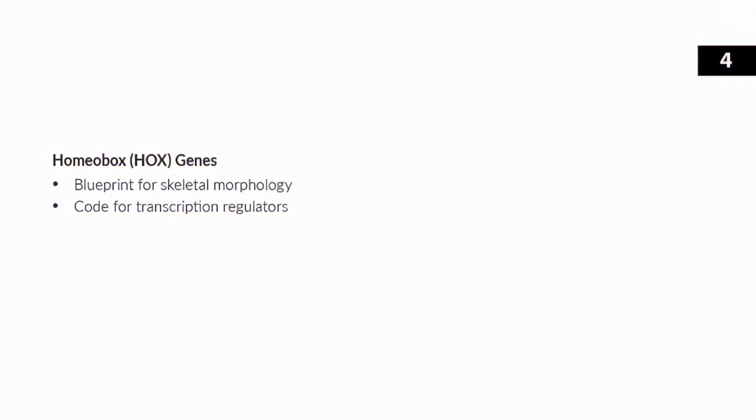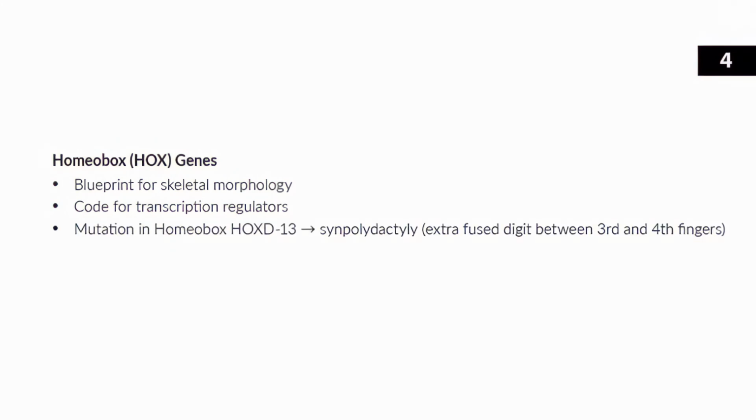Basically, Hox genes make sure that the skeleton is laid out correctly, so you don't have arms and legs in the wrong places. There are some experimental models in which they've altered the Hox genes in fruit flies, and they end up growing legs on their heads where the antennae should be, or an extra set of wings, that sort of thing. In humans, mutation of the specific homeobox gene